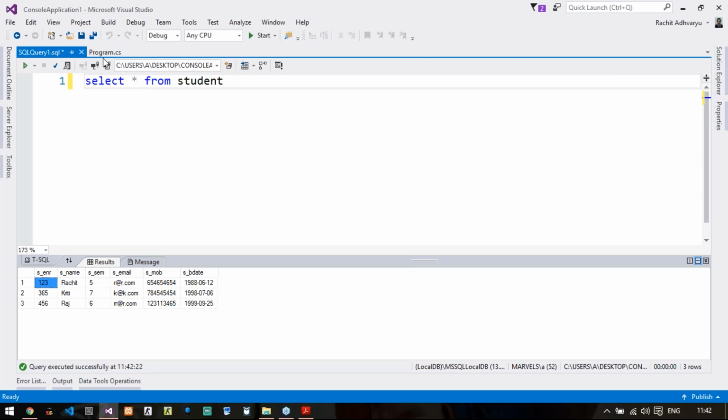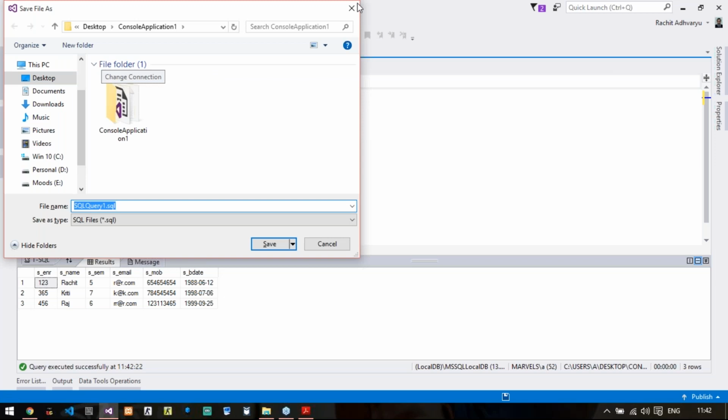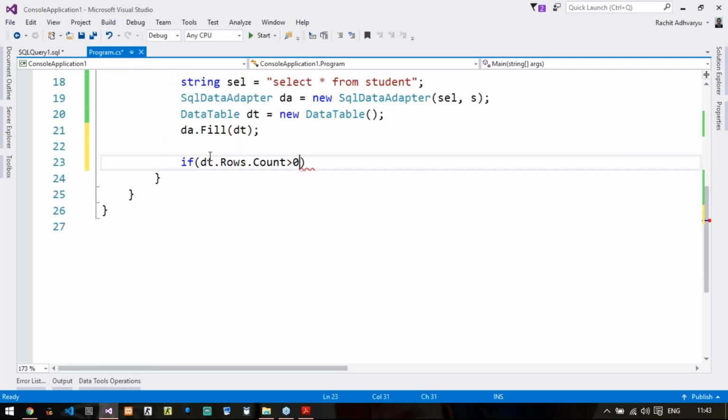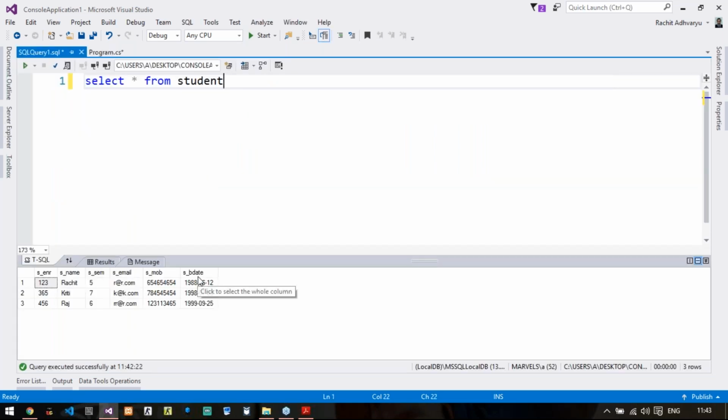Now I will check whether dt.Rows.Count is greater than 0. Now what I have to do is show all the data. There are 3 rows and each row has 6 columns. So I need to use a for loop, and the for loop will be used just to move from one row to the other.